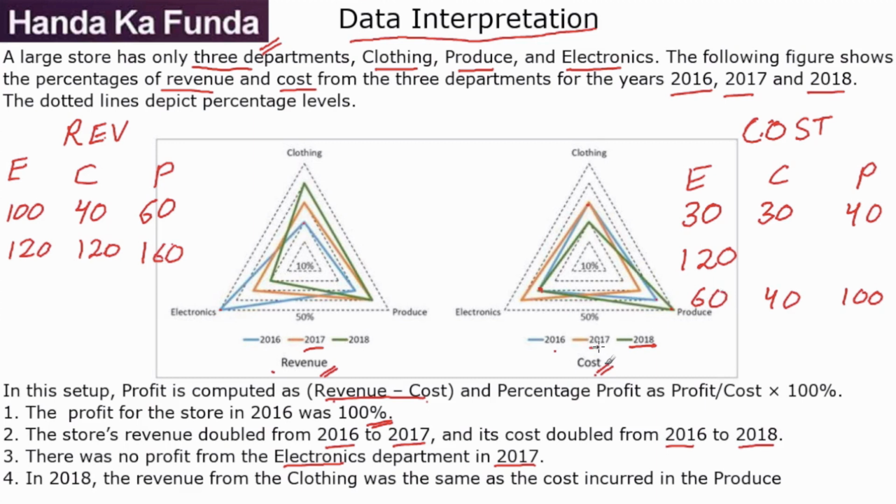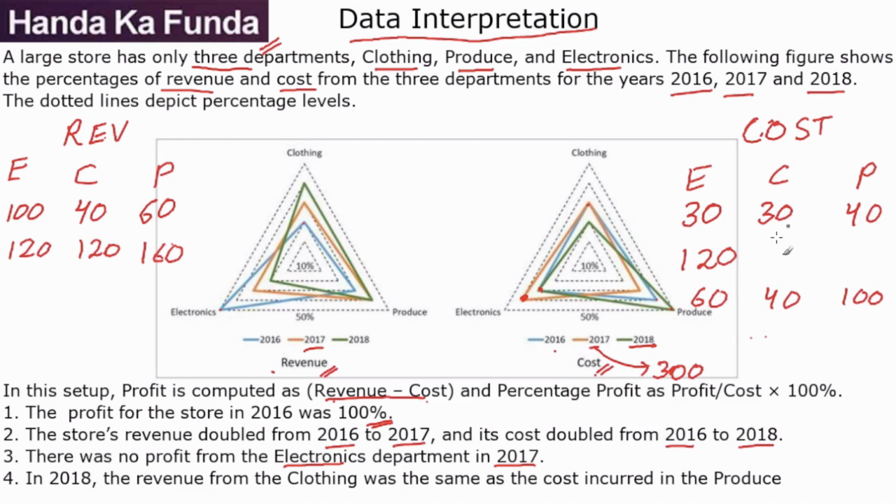Now, if I look at 2017 data for electronics, it is 40%. So 40% of the total is 120, which means the total cost for 2017 must have been 300, because 40% of 300 is the one which is going to give me 120. Now, if I have the total cost as 300 for 2017, my job is more or less done, because now